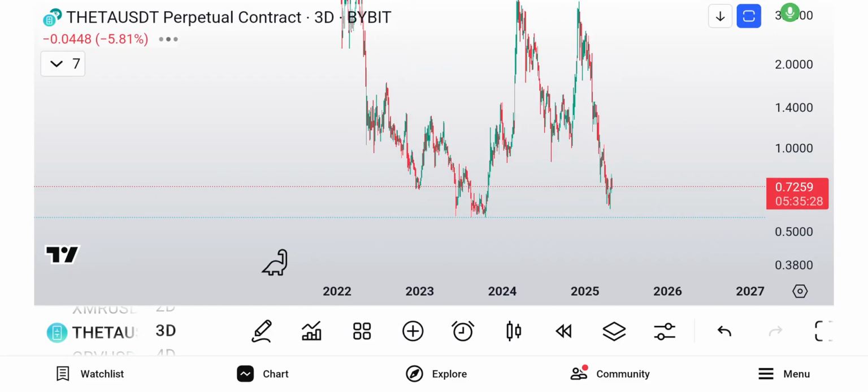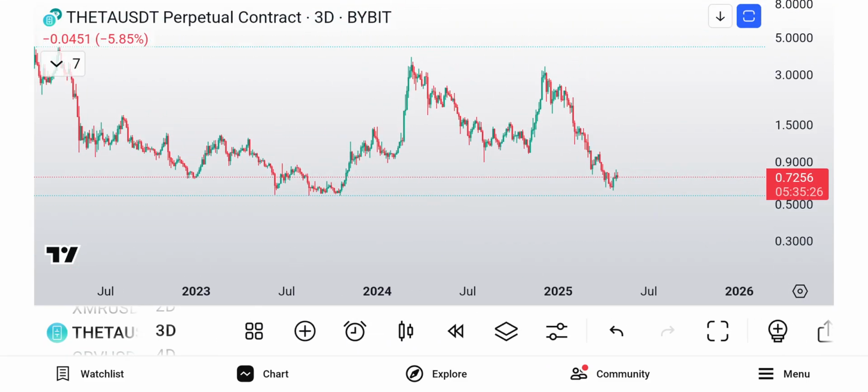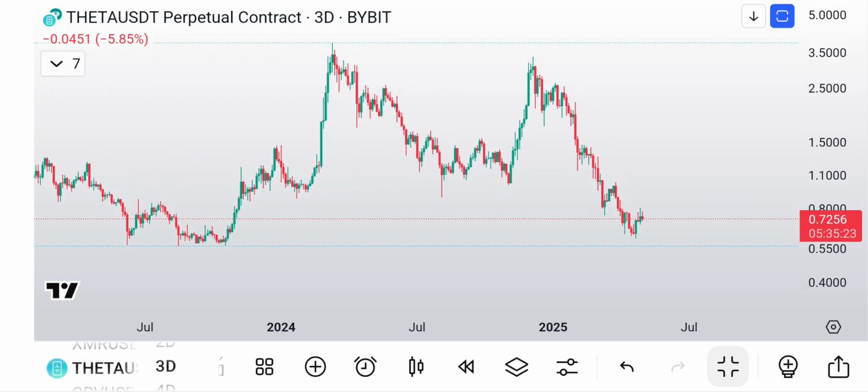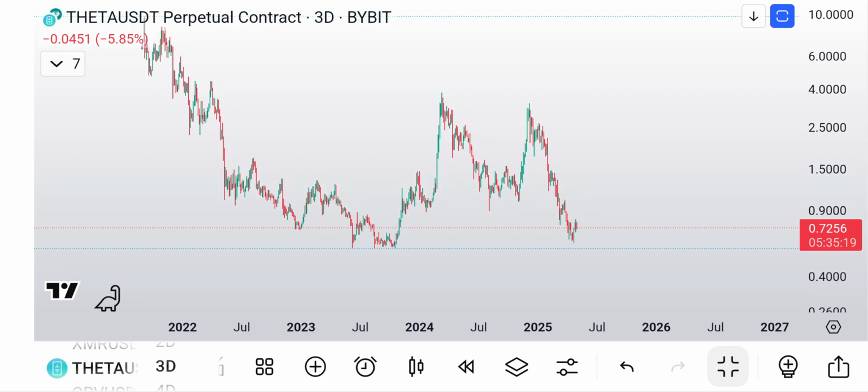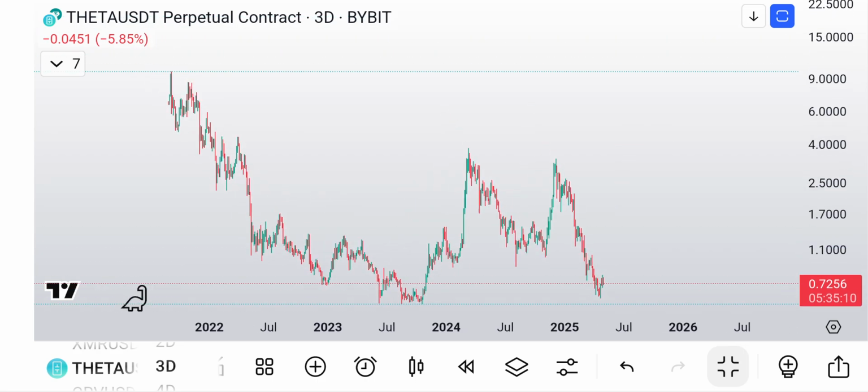Hey, what's up, everybody? I think Theta, a really bullish setup, is upon us, and I'll explain why in just a second. But first, on the larger time frames, the reason why we think this is bottomed and we think that this is going to go up is because this wave here